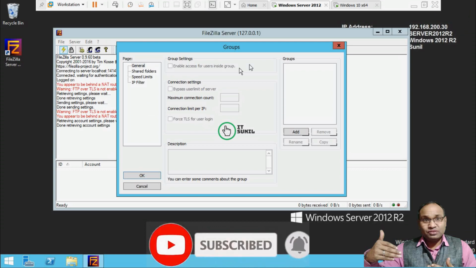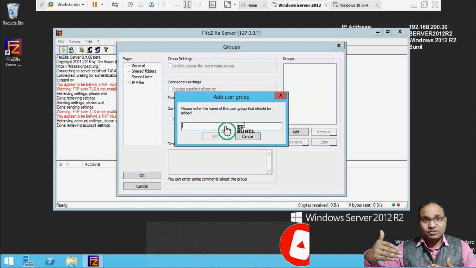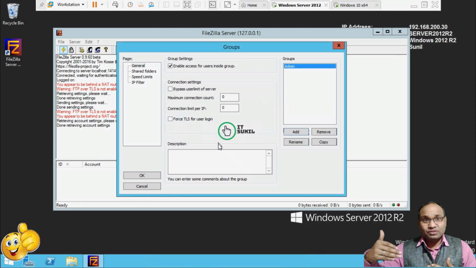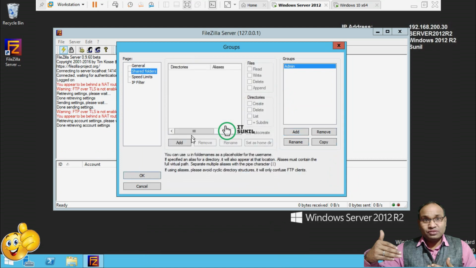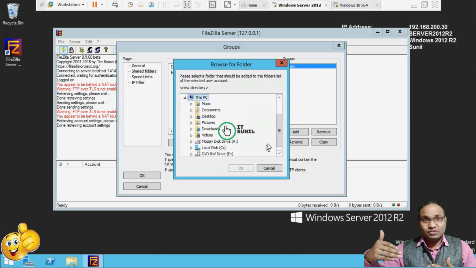So I'm going to create a group, click and add admin, like admin group. So click admin and click here the share folder, the located share folder. I have already created a shared folder, FTP data and admin department.